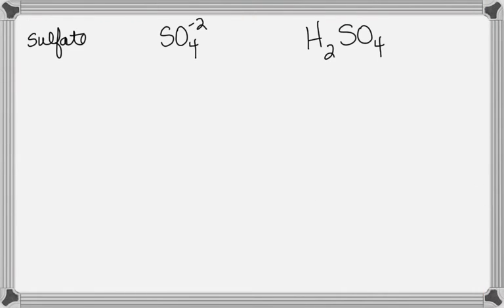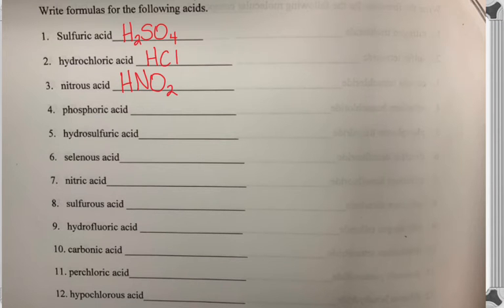Okay, let's go over the names of a few more, or formulas rather. Are you doing? You're making progress. Okay, you might have an old sheet too. On number 6, can I see, you have your polyatomic ion sheet maybe? Because I have an old one, but I gave it to him.